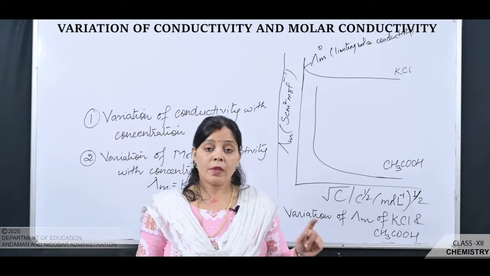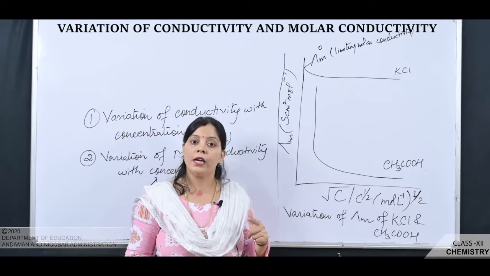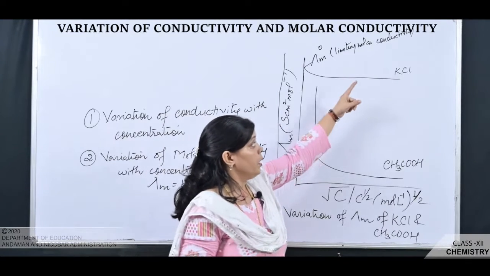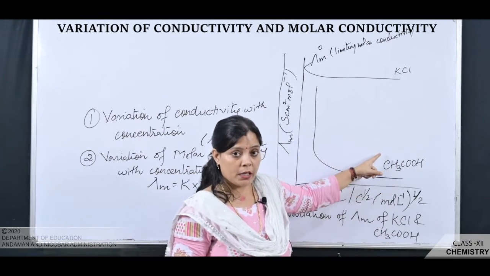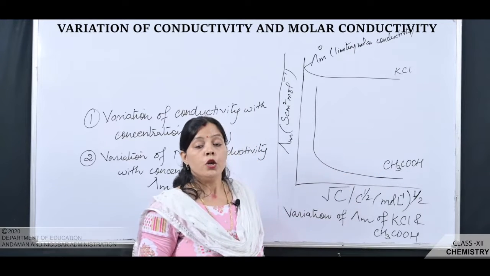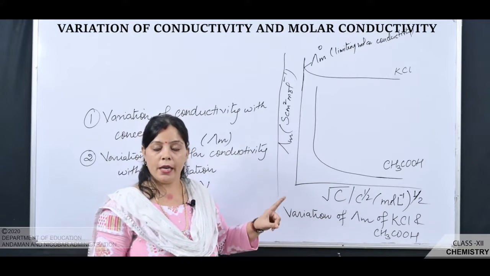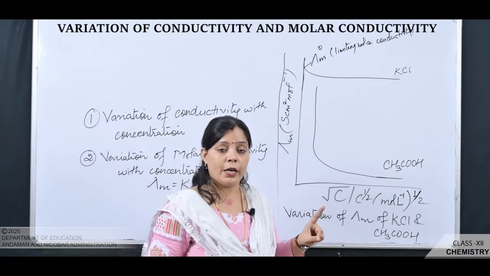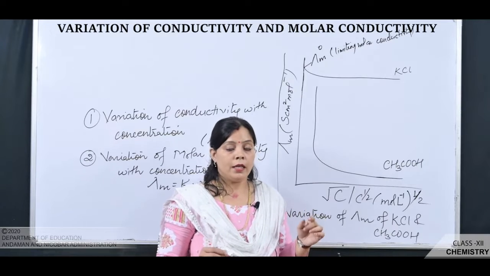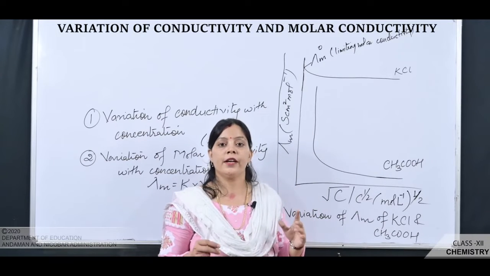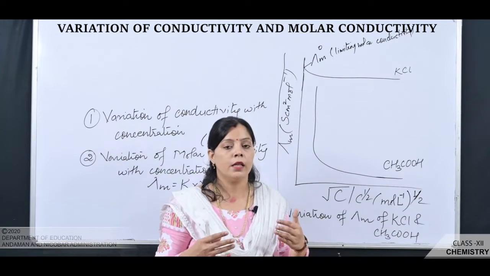Okay students, next we come to the explanation for the variation of molar conductivity. Why, in the case of weak electrolyte and strong electrolyte, does the molar conductivity vary with changing concentration of the solution? In the case of a weak electrolyte, it has a low degree of ionization because weak electrolytes are not completely ionized in aqueous solution, whereas the strong electrolyte like potassium chloride has a greater tendency to convert into its ions when in the molten state or in aqueous solution.